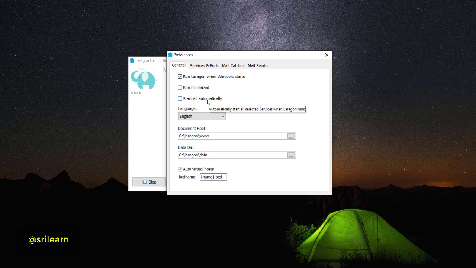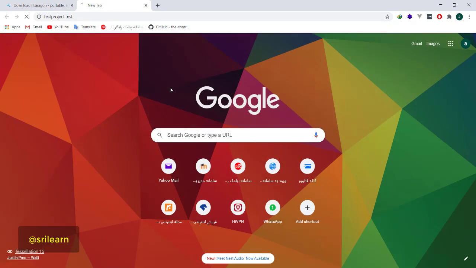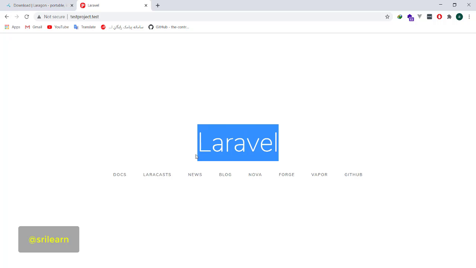And when you check it, this select box, Start All Automatically, when Laragon starts up, it runs its services automatically. As I showed you before, you see my project, test project.test, and this is a Laravel project